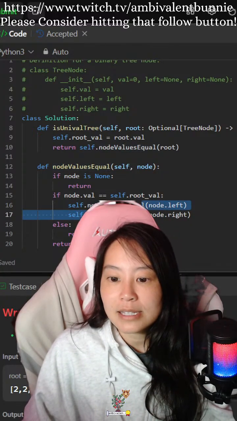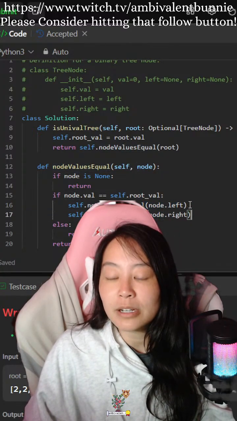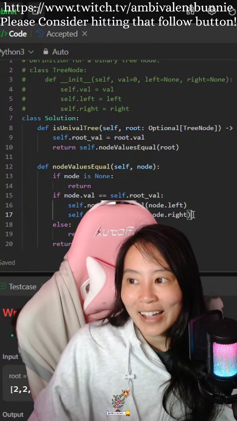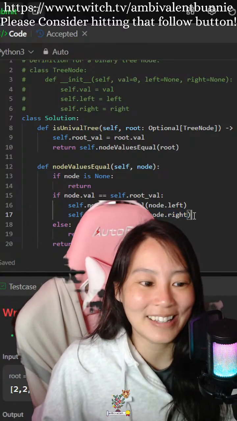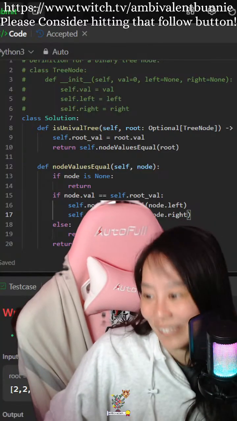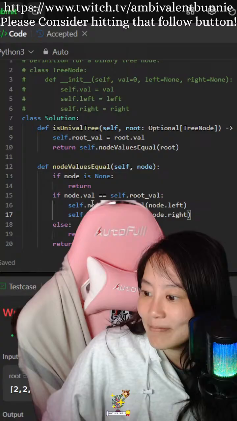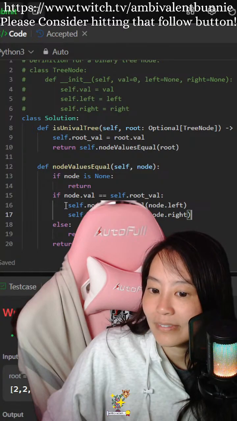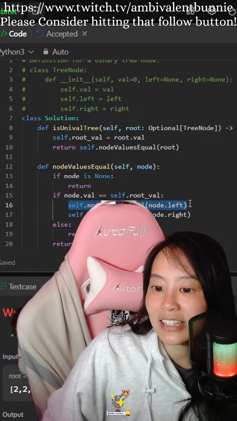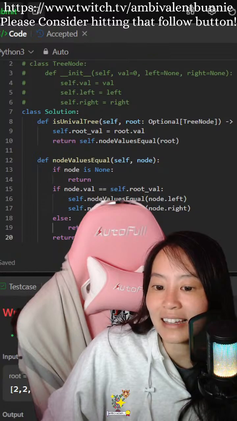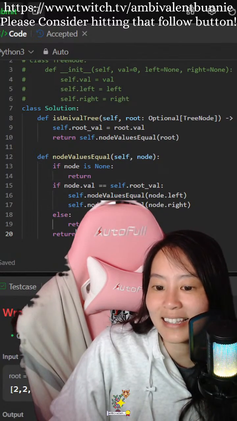Okay, 16 and 17 are returning a bool but not doing anything. Yes, so I get that, but I don't get how to do something with them. How do I do something with them? Is it basically this?